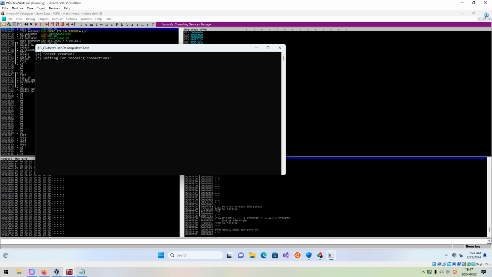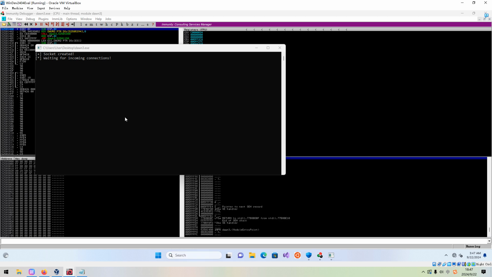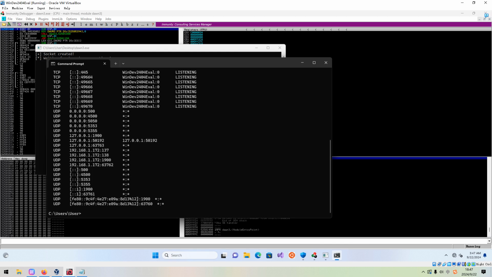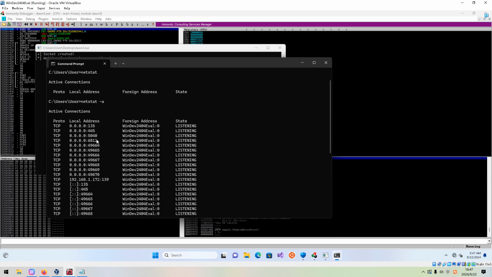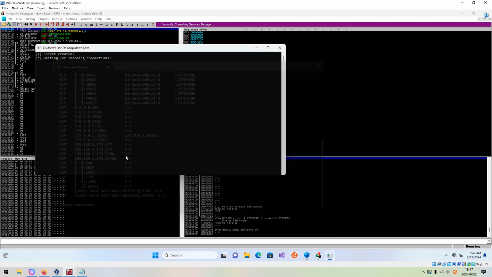We can also check the port number that is open. We can use this command, netstat -a, and as you can see, this port number is open, so the binary is running. So now we can close up this terminal.